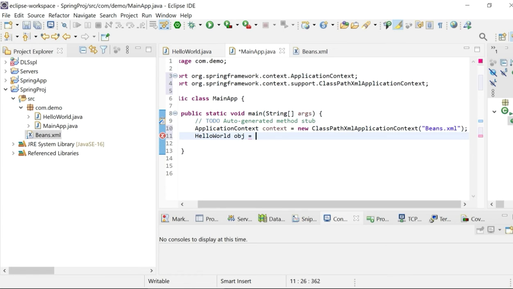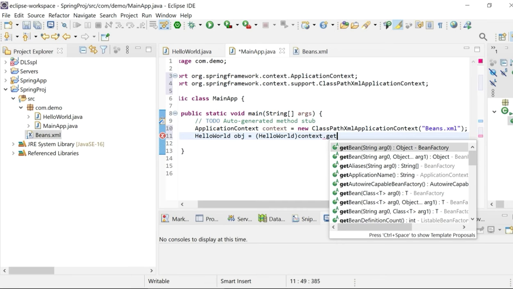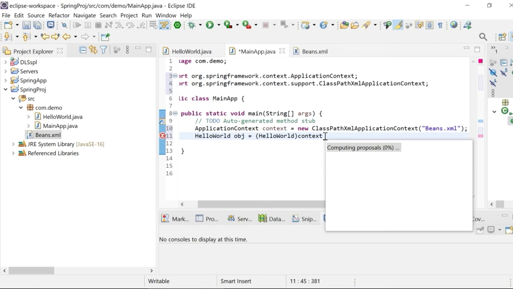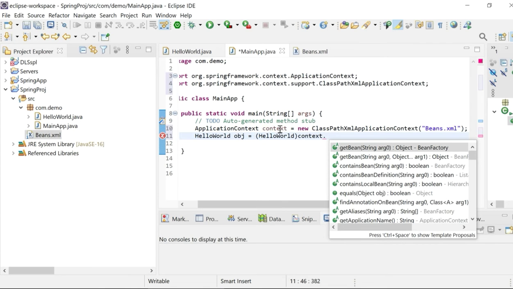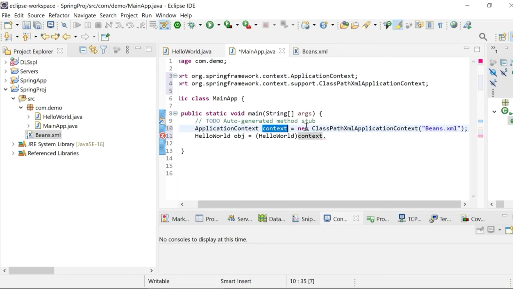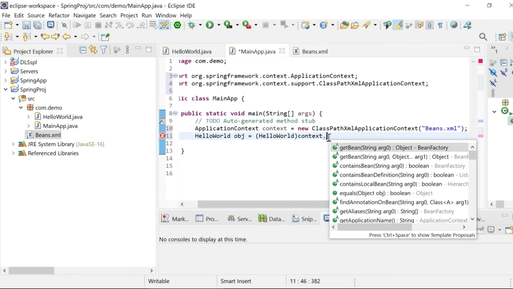What you do here, HelloWorld, then you already created the application context named context. So use that context dot get. When you key in the dot after the application context object, that is here context, you can see the list of methods.